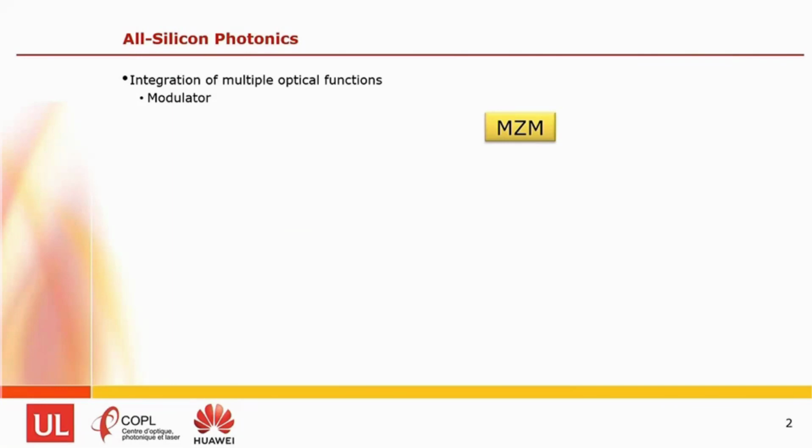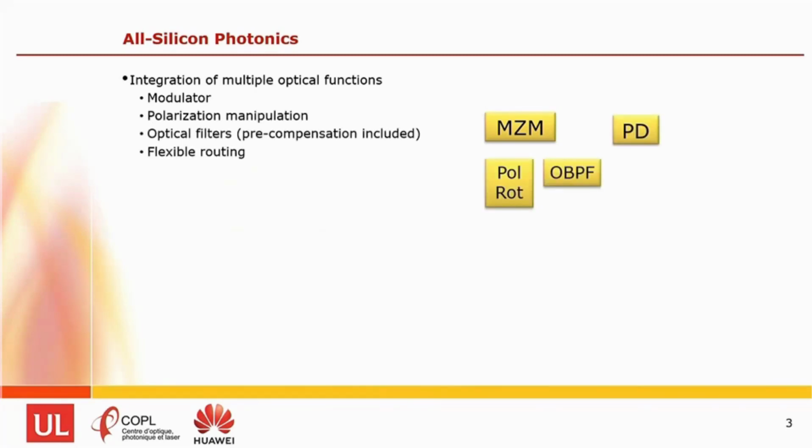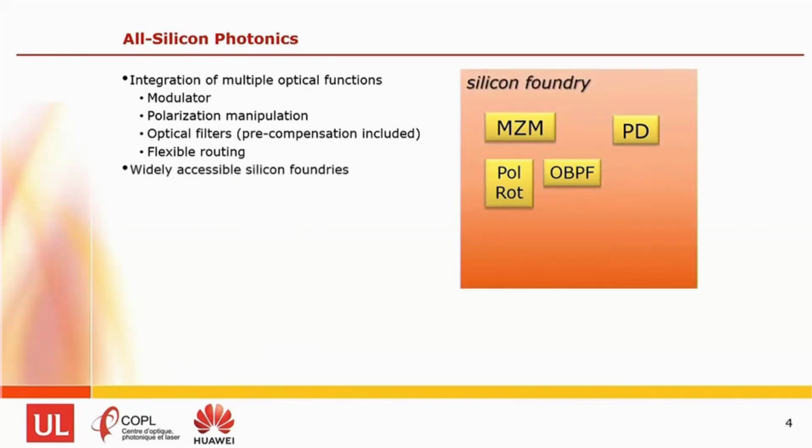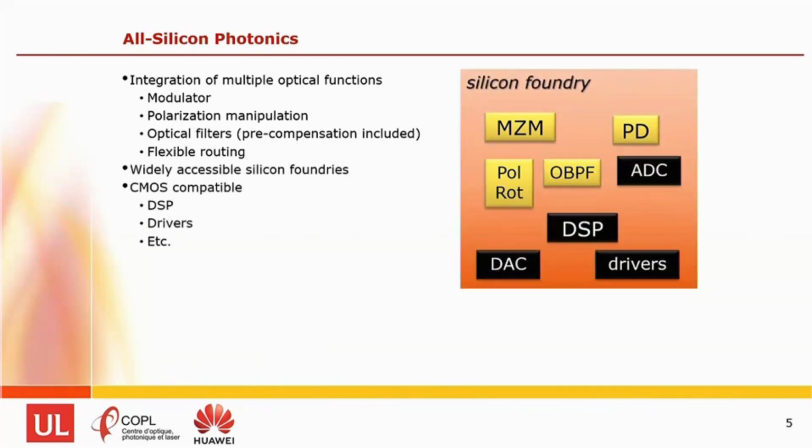So the motivation for this talk is about using Mach-Zehnder modulators. I'm going to talk about modulators, but the reason the modulator is important and that I'm interested in doing all silicon is because silicon is a very good system for creating an entire subsystem of components, not just the modulator. And because it's produced in a silicon foundry, it's also compatible with all the electronics that goes with it. So we concentrate on the modulator in this talk because of where we want to put it in the entire subsystem to get the advantages of low cost, low power, and small footprint coming from the all silicon solution.